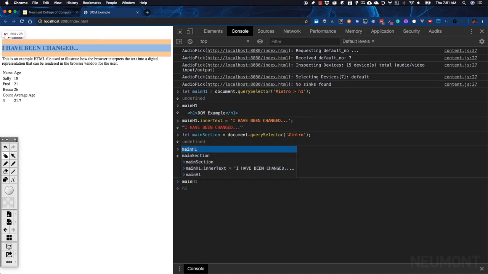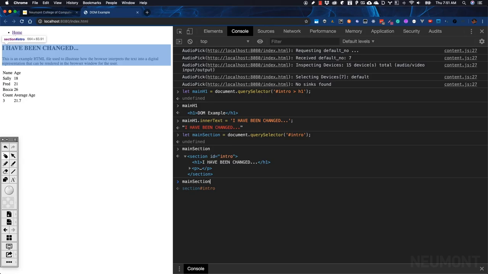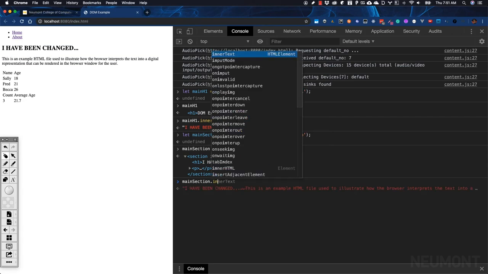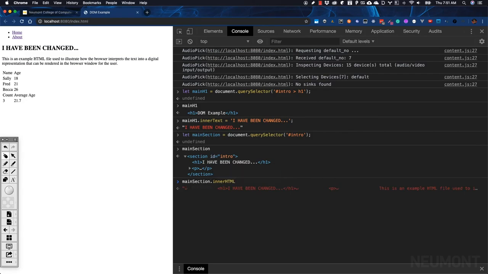Well, with our live connection to that main section, we can actually change our inner HTML and pass it a string of HTML that has different content in it. And what it'll do is it'll replace the current HTML with whatever HTML we create in the string. So let's change it to an H3 instead of an H1. And let's say, I have changed again